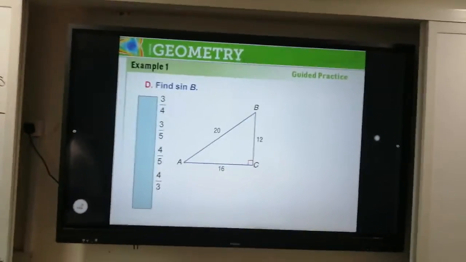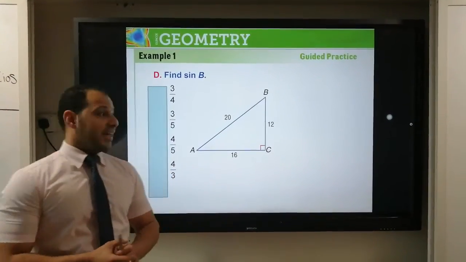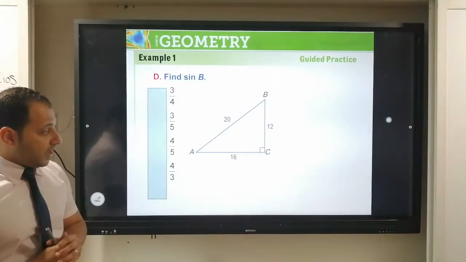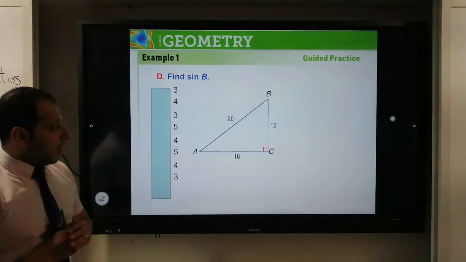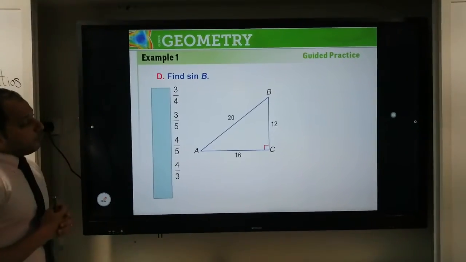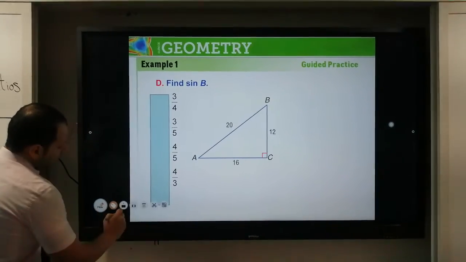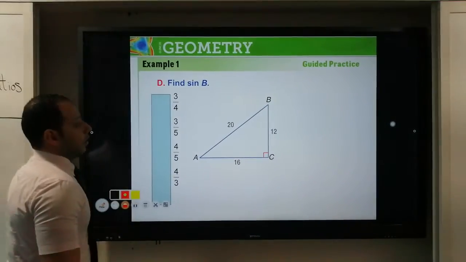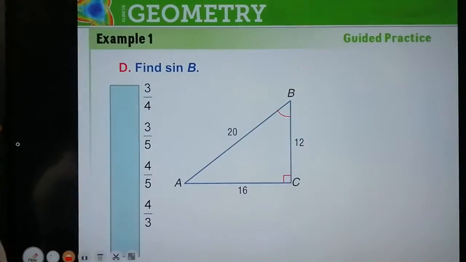Find sine B. He gives you a triangle. As you see, it's a right angle triangle at C. It means the measure of angle C is 90 degrees. He gives you the three sides and he asks you about sine. First, if we want to get sine B, we start by angle B. We must determine the angle. The angle is B. According to angle B, I have,